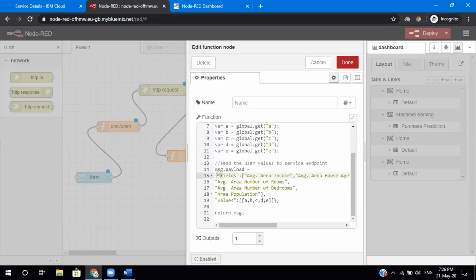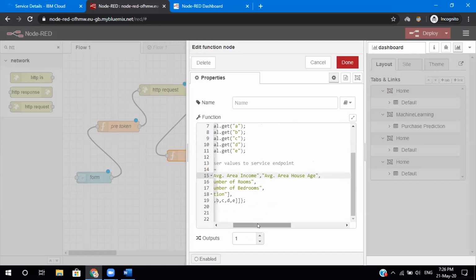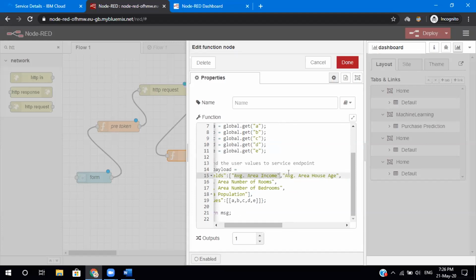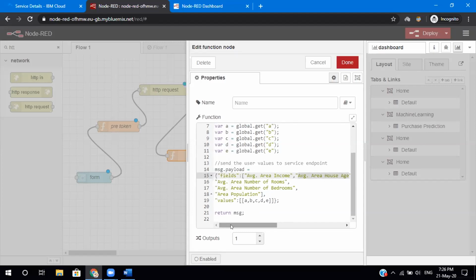In the fields column, you have to give all the column names. We only had 5 in this example, so we've given those 5. You have to copy and paste the correct column names. If you do not paste the correct column names, you will get an error here. So just make sure that you copy paste the column names as they are.